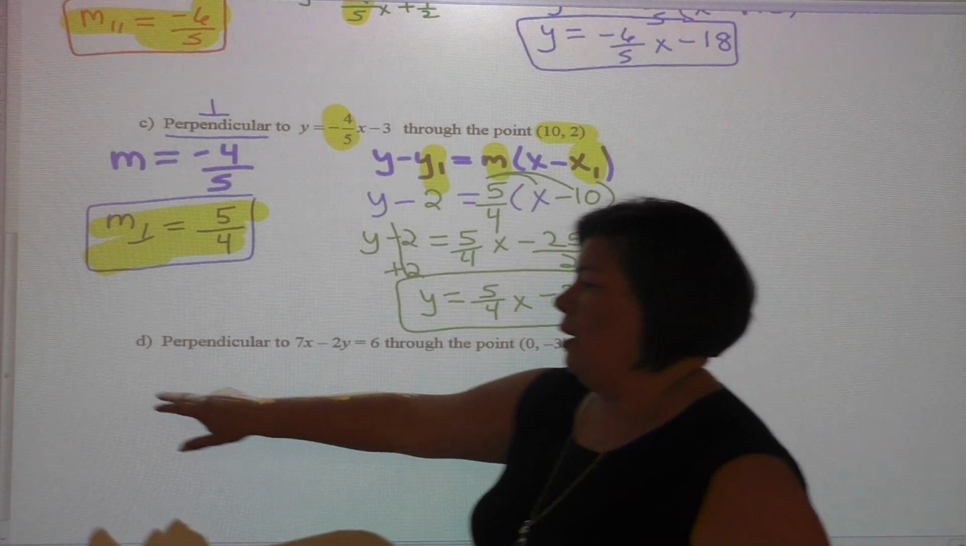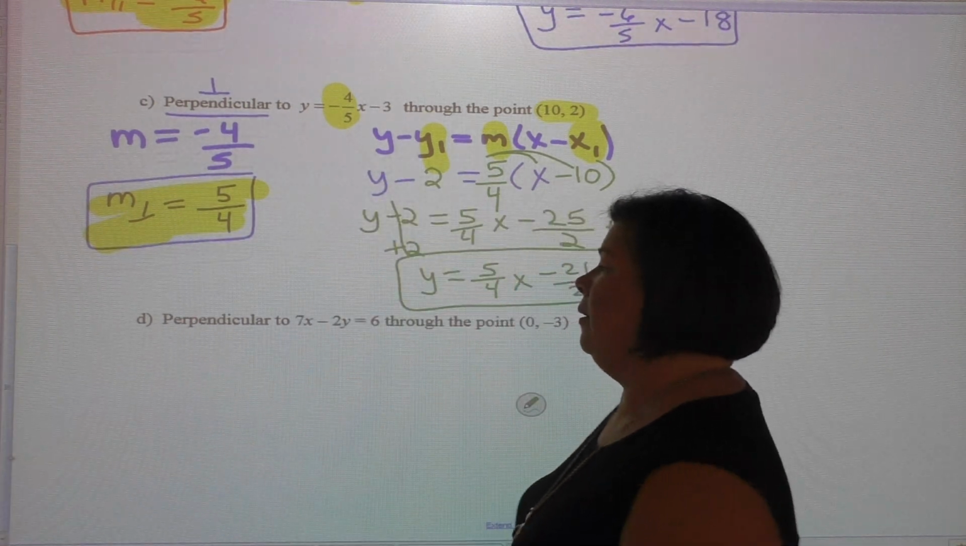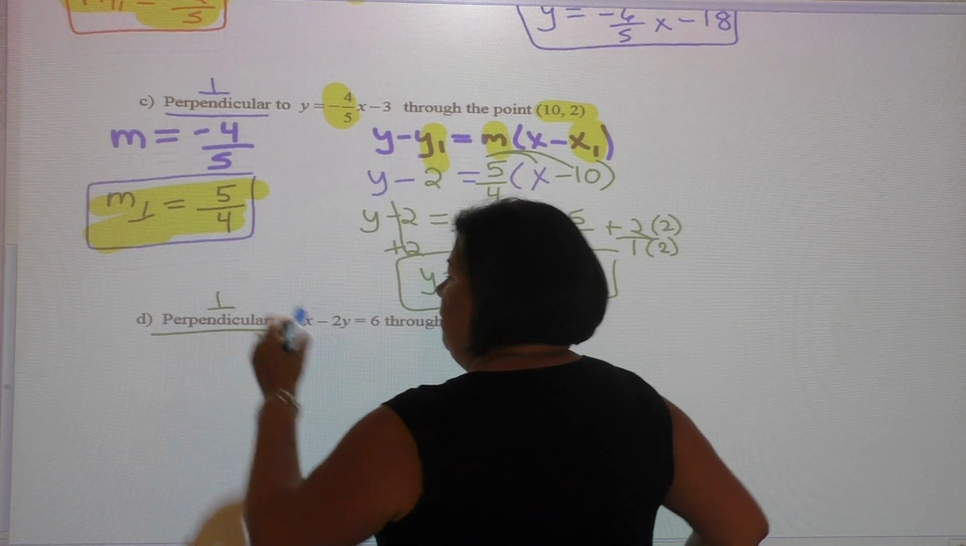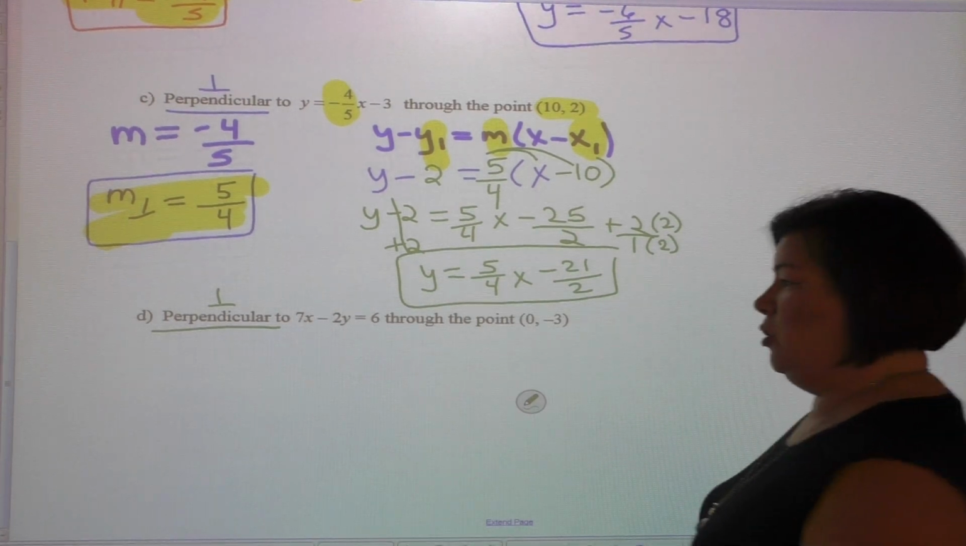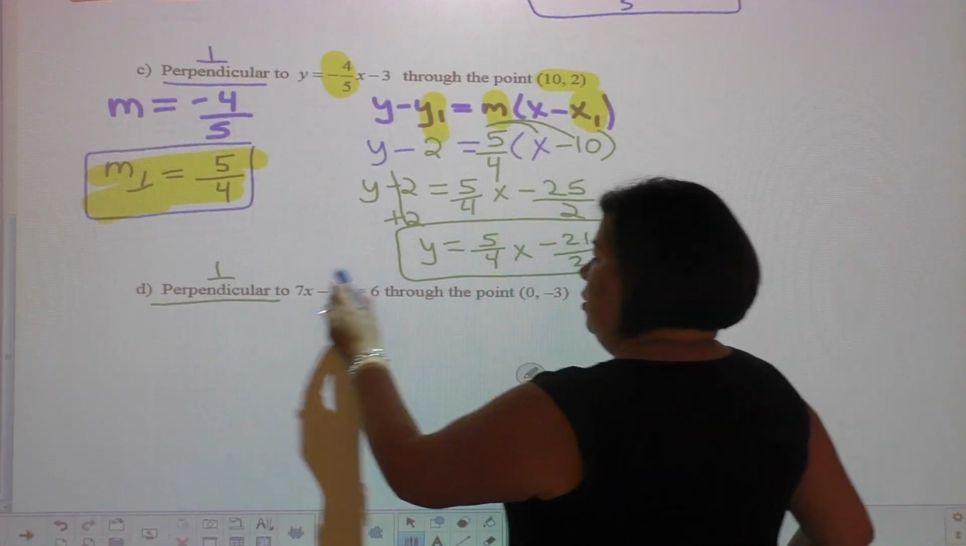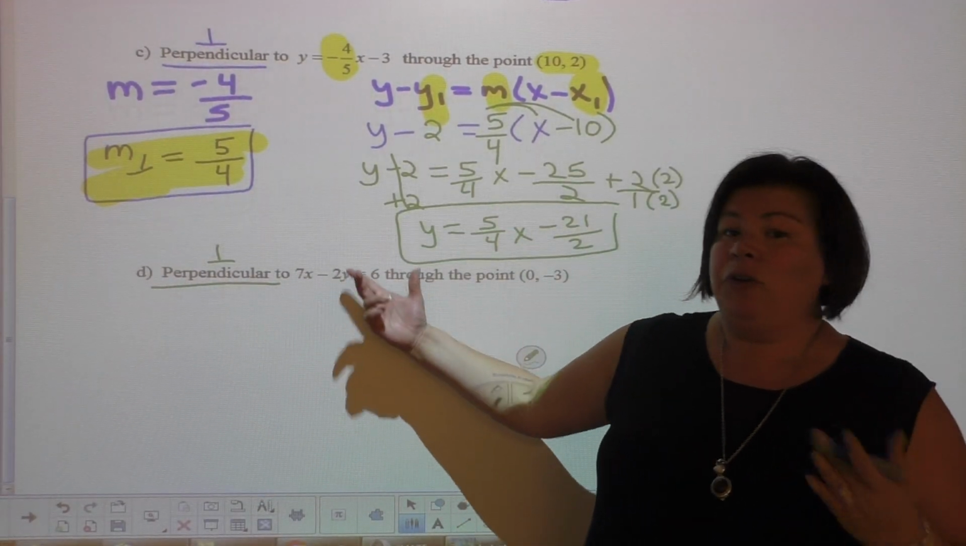All right, next, perpendicular. So perpendicular means I have to have opposite reciprocal slopes to this equation going through this point. Again, we don't even know our slope of our original